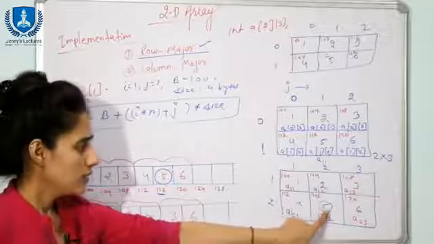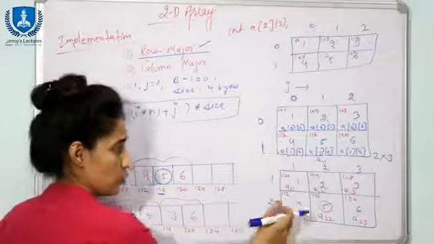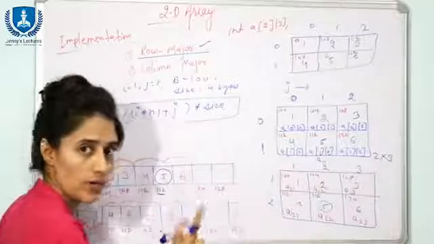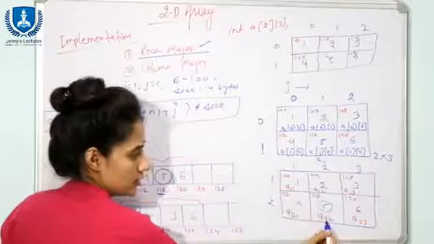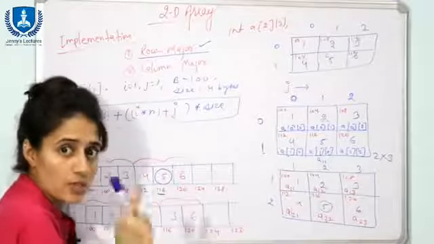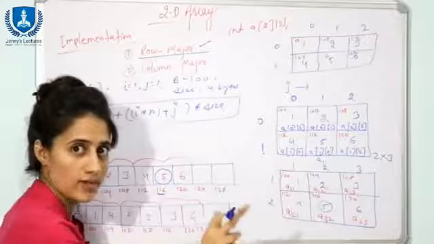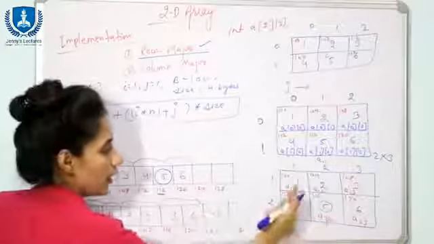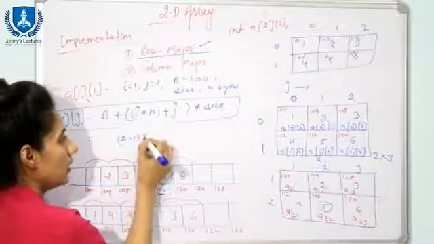To reach till this 5, how many elements do you have to cross? See, this row means first row, one row is there before this row, right? Now how will you come to know how many rows you have to cross? Check this first index, that is 2, fine. So in this case you are going to do 2 minus 1, that is, you are going to cross one row, fine. So here you will write 2 minus 1, that is 1, into,